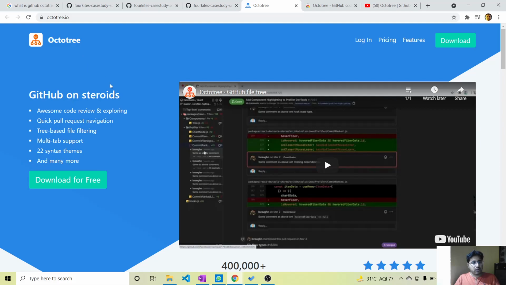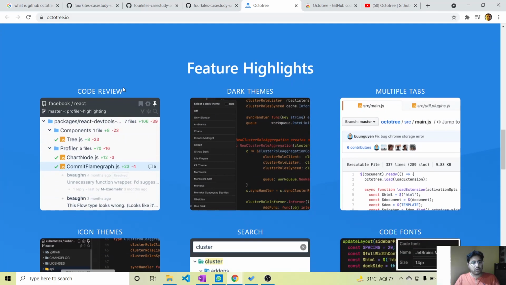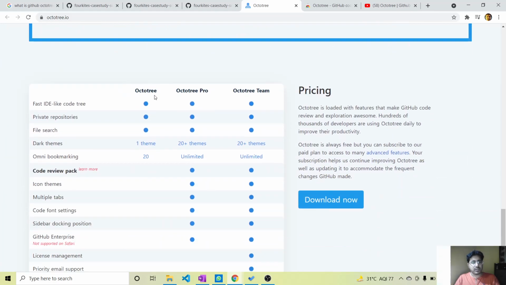So with this Octotree, you can see there are two types of offerings. One is Octotree, which is the free version. That gives you fast code tree, private repo, file search, dark themes, omni bookmarking. Then you have Octotree Pro and Octotree Team.